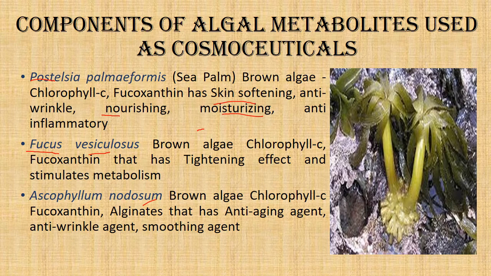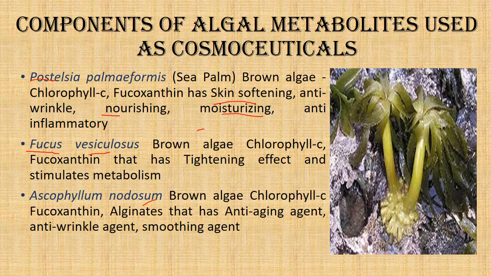Fucus vesiculosus is also a very good source of beta carotene, zeaxanthins and many other volatile oils, and also a very good source of the polysaccharide alginate. This helps in various types of skin tightening products. But it has one problem: if it is used along with the anticoagulant warfarin, it will inhibit the warfarin. So it should not be taken when you are having surgery.